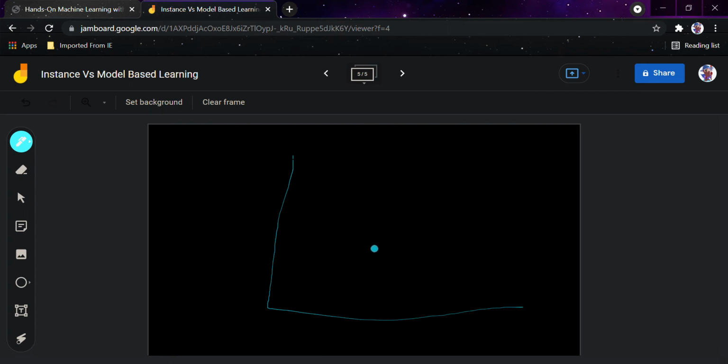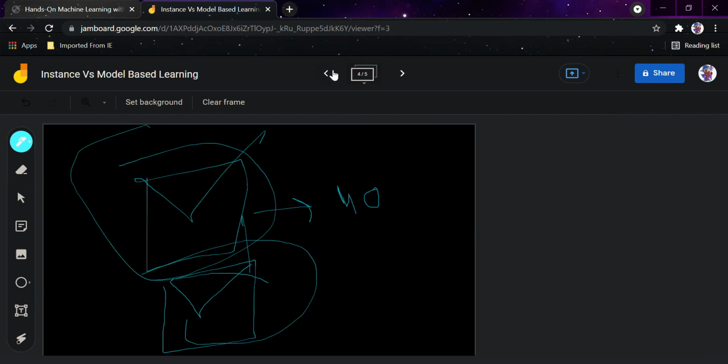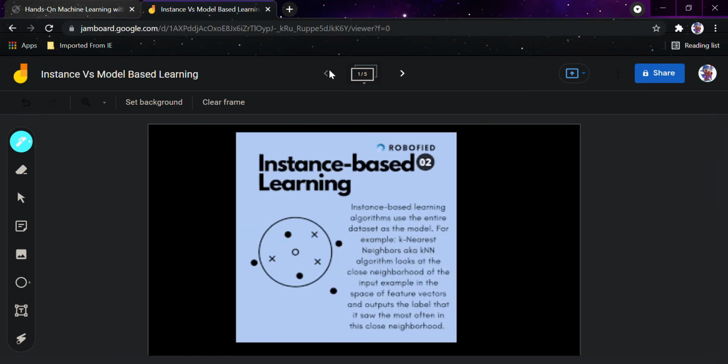Now suppose you have taught your model on triangles and rectangles. This is the training part here, where a lot of rectangles and triangles are there. So whenever the model sees a shape that is similar to the shape that had three vertices, it would directly consider that as a triangle because it has already seen an example which has similar faces. Hence this is instance-based learning. It means the system learns the examples by heart, then generalizes to new cases by comparing them to the learned examples. So this is instance-based learning.